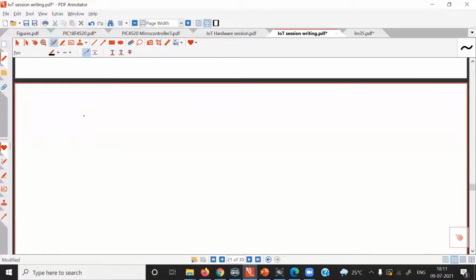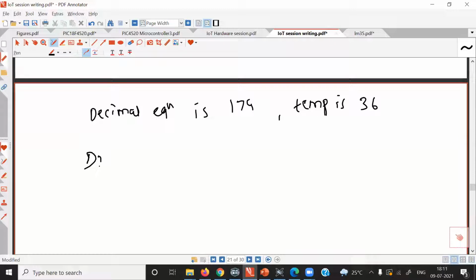So instead of a lookup table, we will use an equation, and a simple equation will divide this number by a proper divisor. So now the temperature will be equal to, what we want is when the decimal equivalent is 174, what is our temperature? The temperature is 36. So our divisor is equal to the decimal equivalent divided by the temperature.